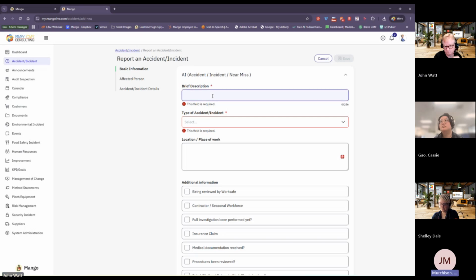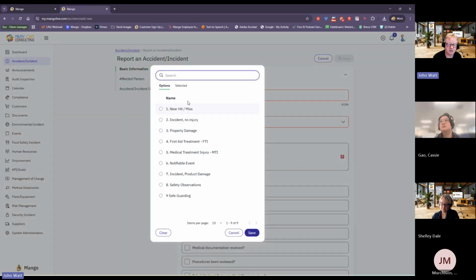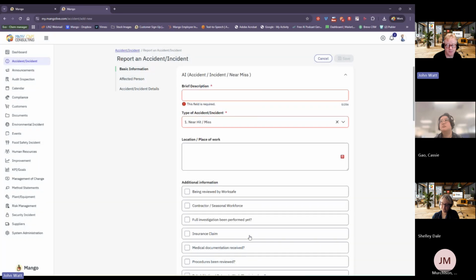Before you get into it, can we create our own incident forms, or do we have to use what's in the system? You have to use what's in the system. But what you can do is customize anything in this drop down. When we set up a system first, it goes from near miss to incident first aid. If you wanted something else, we can absolutely put that in there and customize that without any problems.